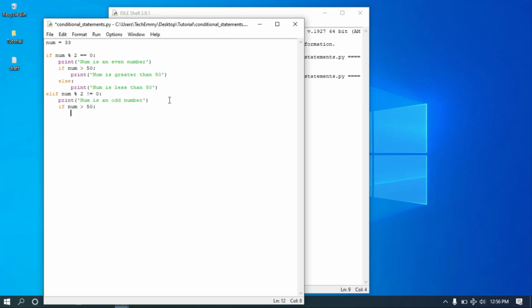Okay, print. What's wrong? Num is... let's print, I don't want us to print the same number is greater than 50. Okay, num is an odd number and greater than 50. Okay, that will do. And then elif num,